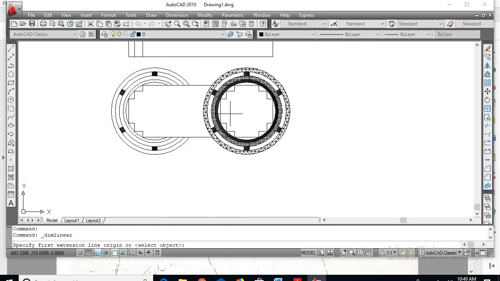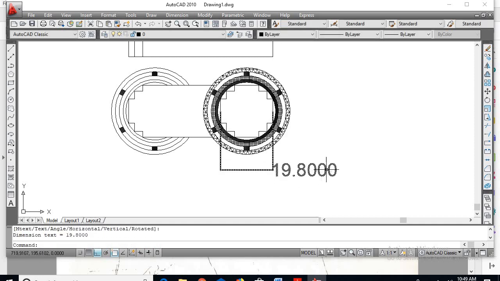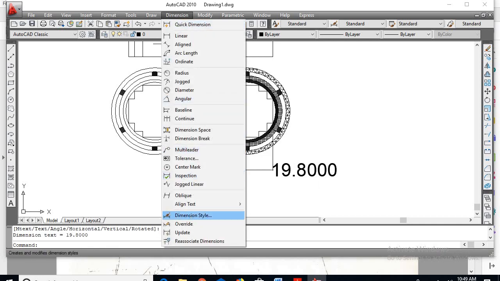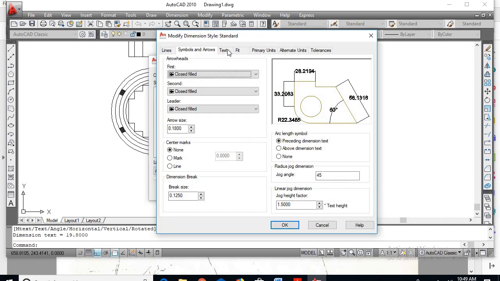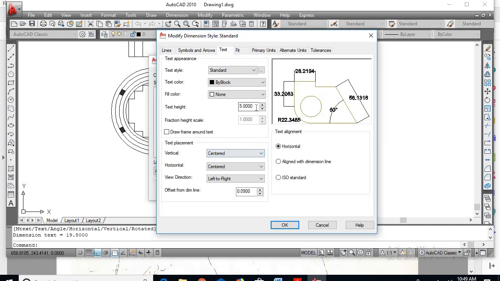Linear. This is the width of the largest stamping. If I want the values inside this, reduce the text. So go for dimension, dimension style, modify, go for text. Change the text to 3 or 2.5.